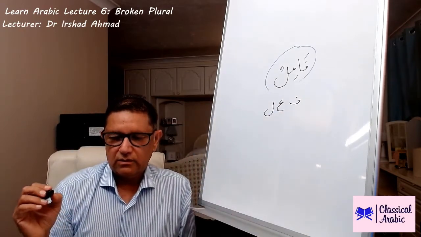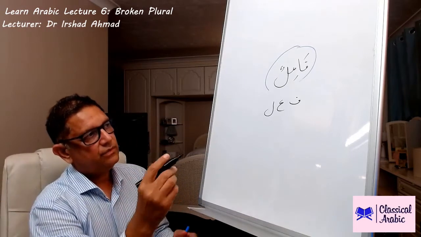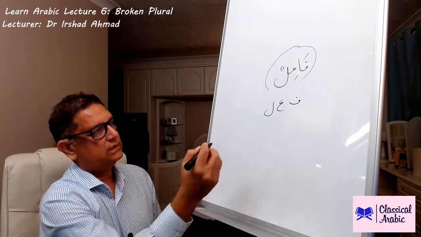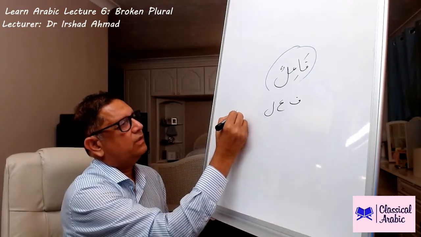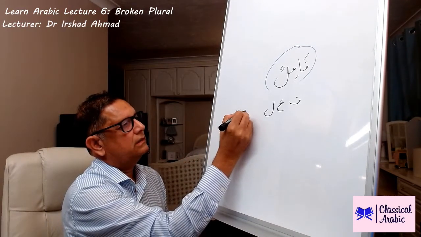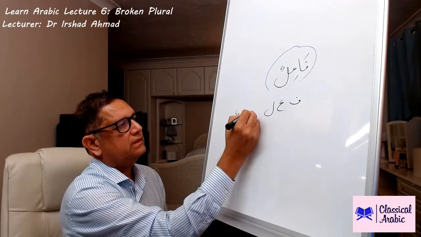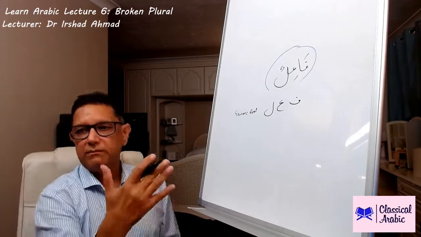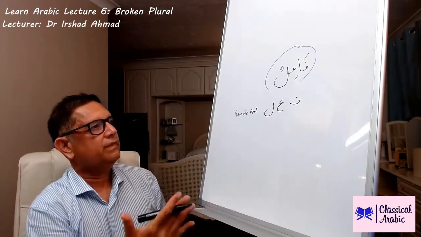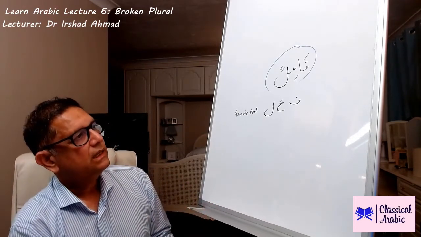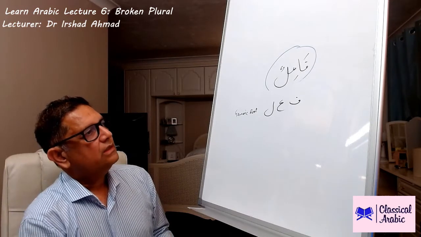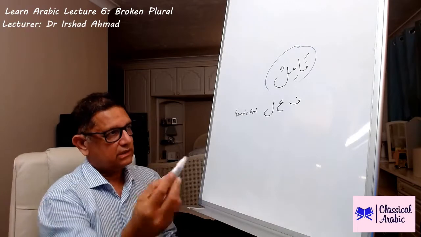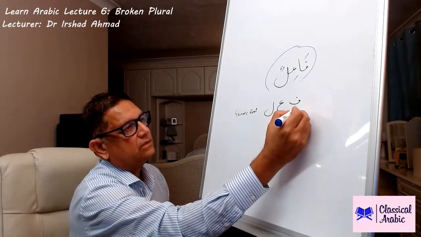They say that they have used this as a kind of generic or model root, just for the purpose of teaching and learning, to learn how the different patterns, different awzan, exist. So the terminology which we will be using in the future will be that this is called fa kalima,